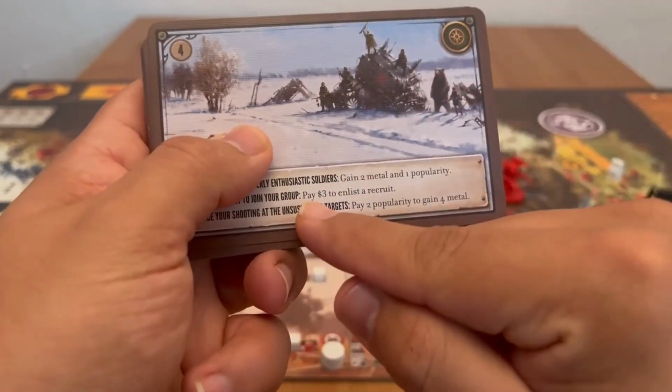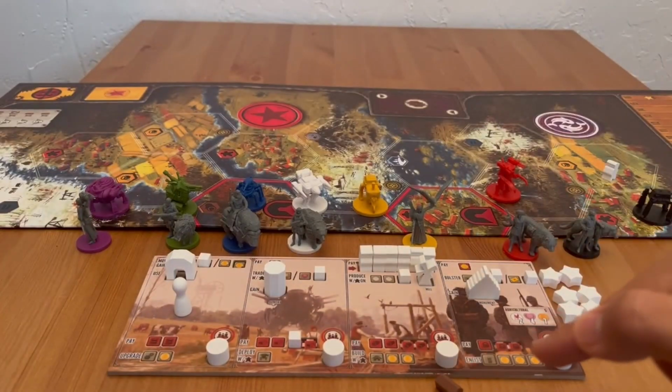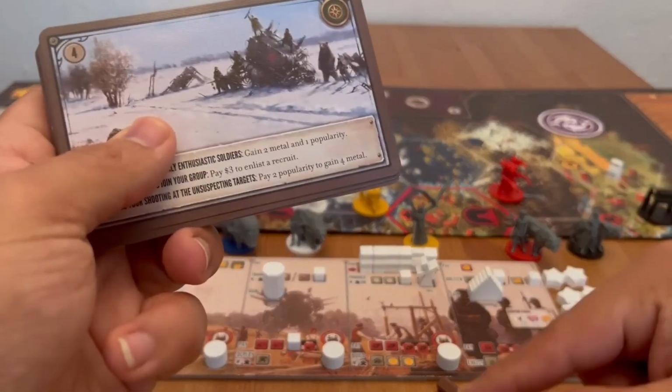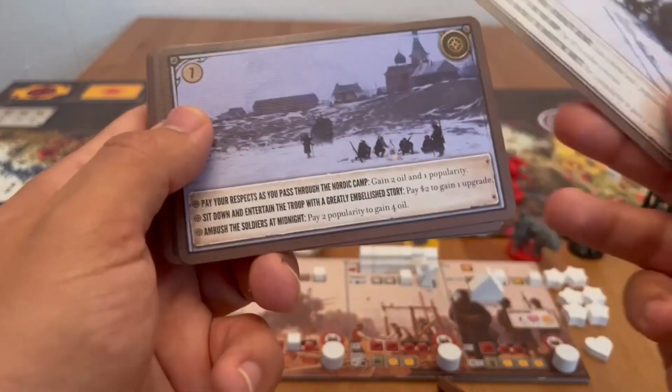Because if you look here, this one, you pay 3 gold to enlist a recruit. So instead of doing this bottom action to enlist, if you don't have those resources, maybe you'll get lucky, you'll draw this card and you can get a free recruit without having to spend any resources or having to do additional things. So